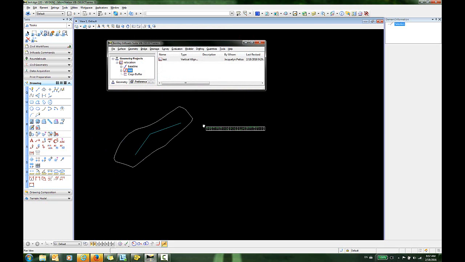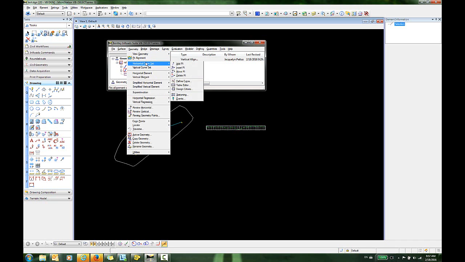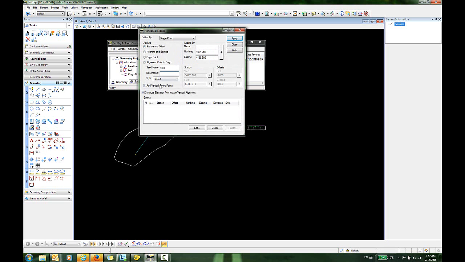So the second way to do this would be to actually convert these PI points to cogo points, and this would be useful if you had a whole bunch of PI points. So the way to do that, you would go back to the same command, which is Geometry, Horizontal Curve Set, Events. But this time we're going to use the alignment point to cogo